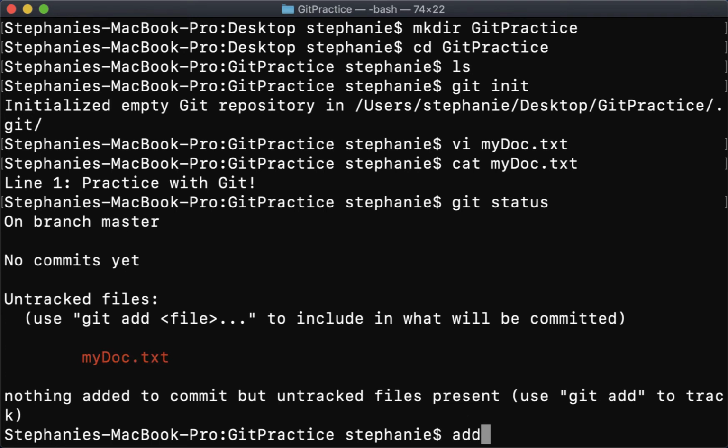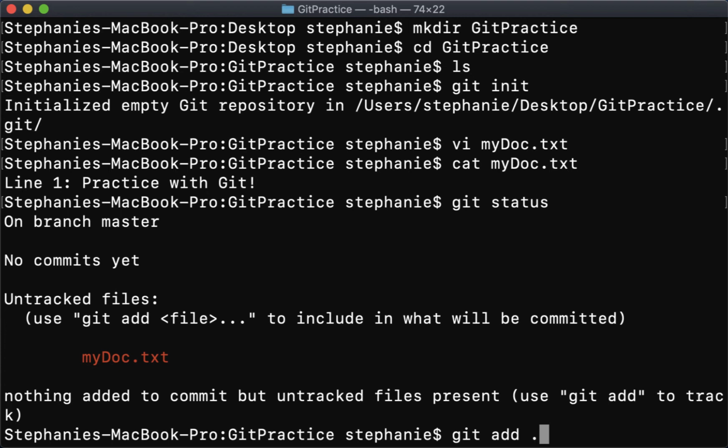You can say git add mydoc.txt if you want to add just one file, or you can do git add dot, and that'll add all the files that are in your current directory. Or you can do git add -A, and that's going to add all of the files and all of the folders in the current Git repo that you're tracking. Okay, so I'm going to just do a git add dot because I don't have other folders,